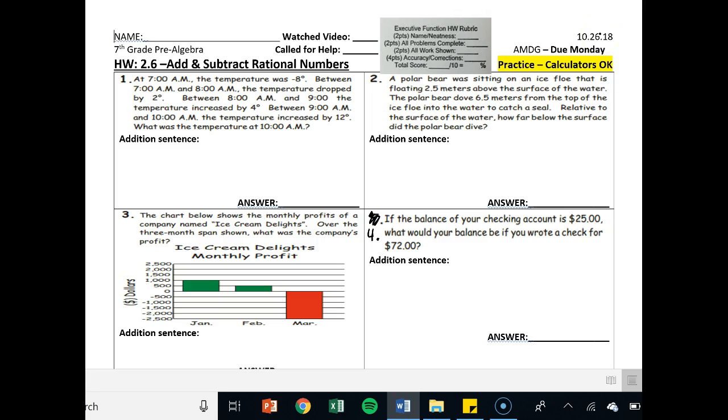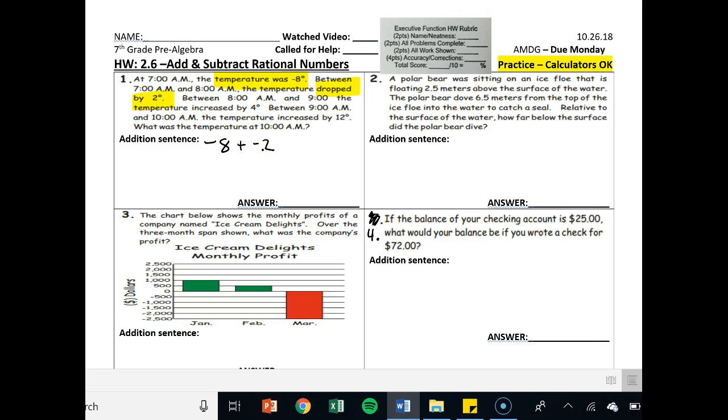So problem number 1, it says at 7 a.m. the temperature was -8. Obviously, that's a useful piece of information. Writing down -8 in your addition sentence. Between 7 a.m. and 8 a.m. the temperature dropped by 2. Again, another useful piece of information. Dropping by 2 is the same thing as adding another -2 or just saying -2, but I'm going to say